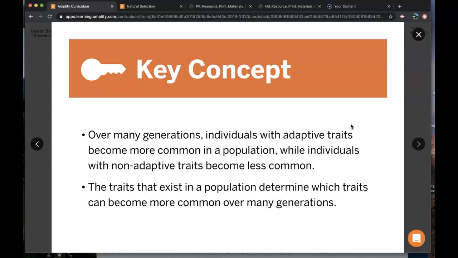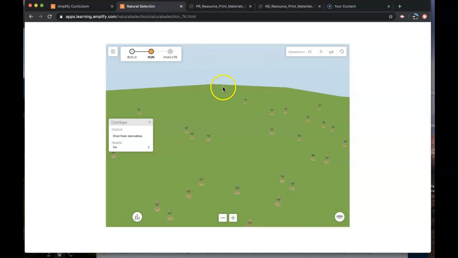So, as we saw in the first sim activity, individuals with high fur levels were able to survive in the cold environment. The individuals with low fur levels shivered and died. Since more individuals with high fur levels survived, the high fur level trait became more common in population A over time, and the low fur level trait became less common. The high fur level trait was an adaptive trait. It allowed them to live. So in the second sim activity,